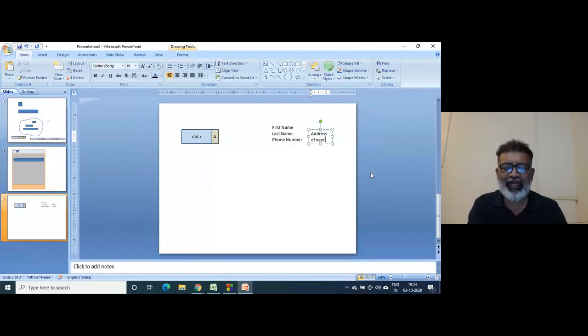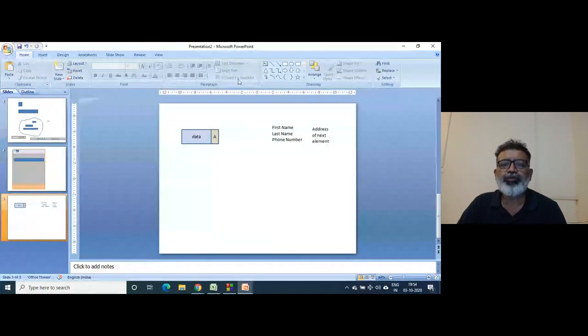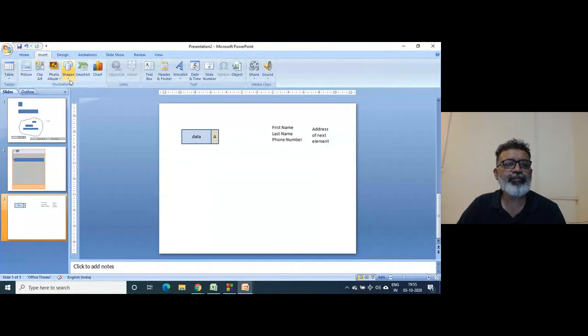Address of the next element, right? So when you store a number, it is stored like this, right? So it has got data part and address part.